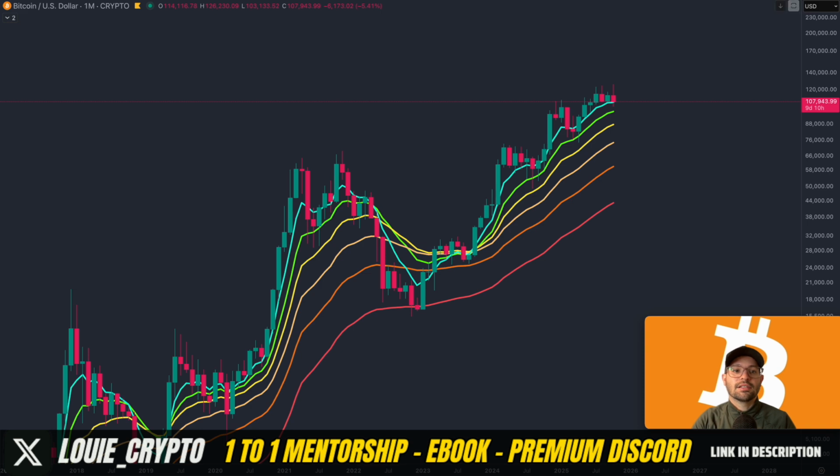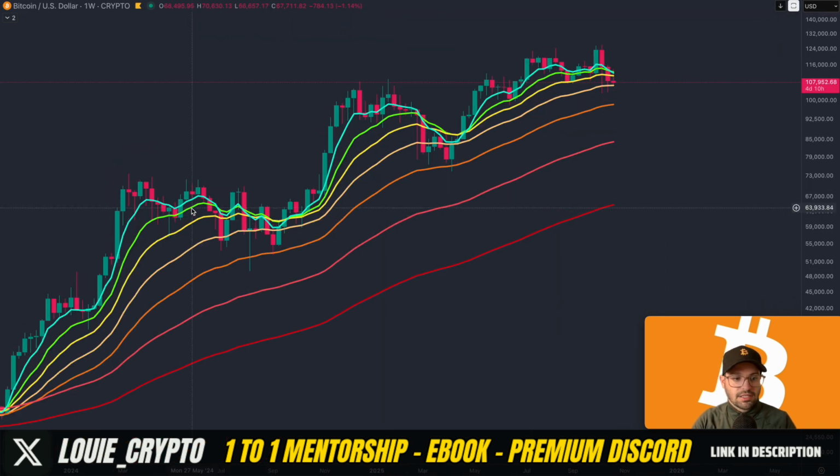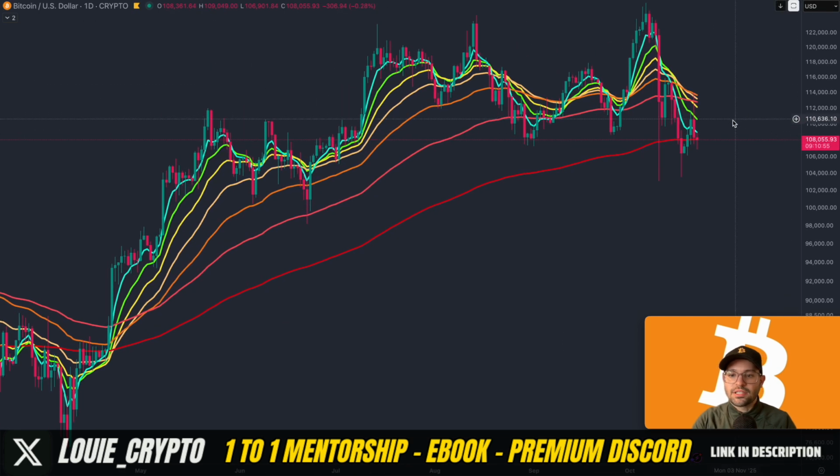Let's see if there's any further confirmation of that, any confluence. So we can see on the weekly time frame, this being the 55 weekly, so pretty much around a year, you can see that this is also lining up with that 98k low. So two time frames suggest this as the next key area of support Bitcoin would reverse from if we see